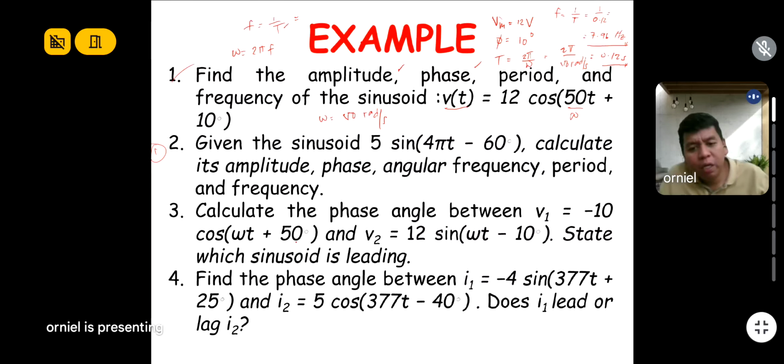By the way, you cannot compare the two if their trigonometric functions are different. If you use cosine, it should be cosine for all; if you use sine, it should be sine for all. Looking at V1 and V2, you cannot compare the two: V1 is cosine and V2 is sine. Also, V1 is negative and V2 is positive, so you also cannot compare those. If positive, it should be positive for all.